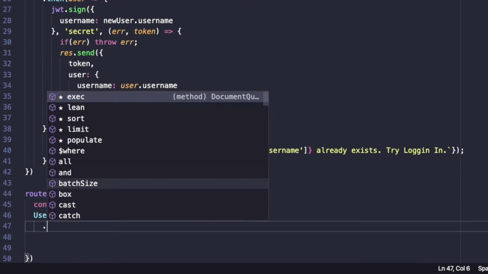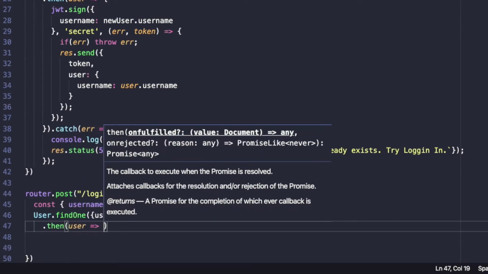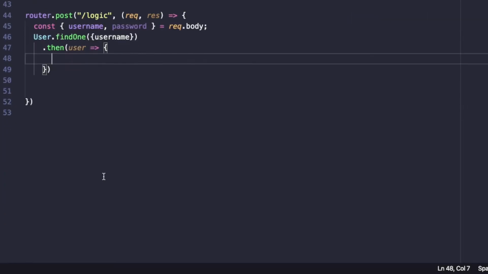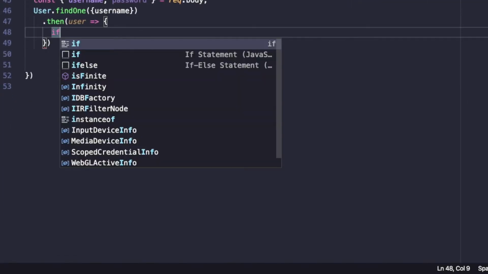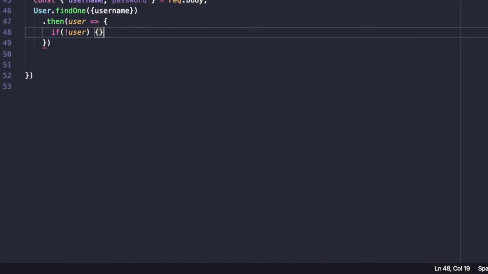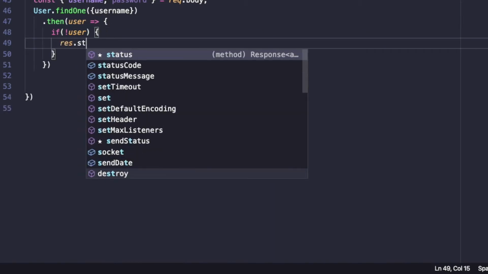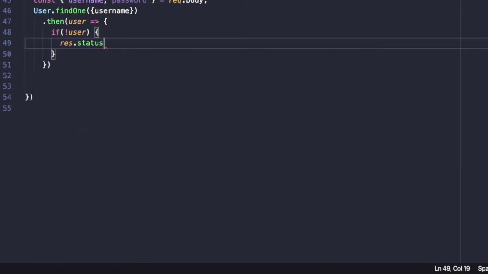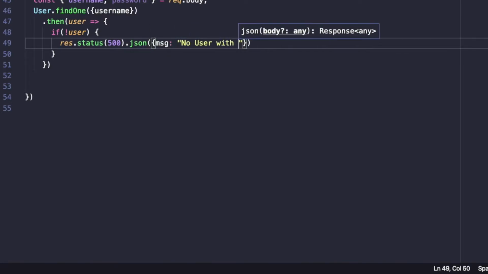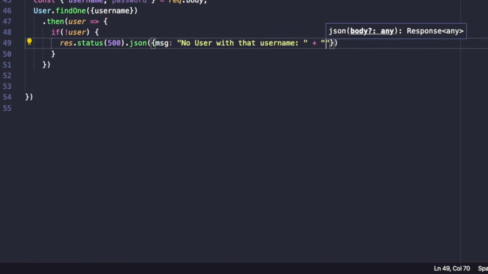And then if user, so we're going to say if not user, then res.status of 500.json, and then our message is going to be no user with that username, and then plus username like this,